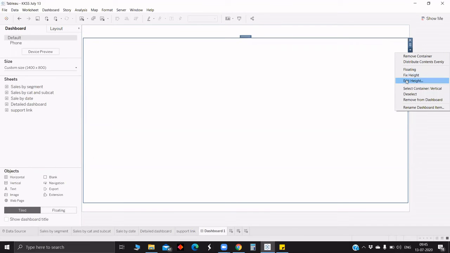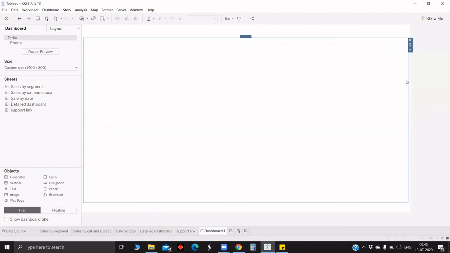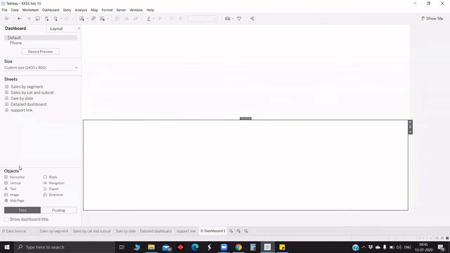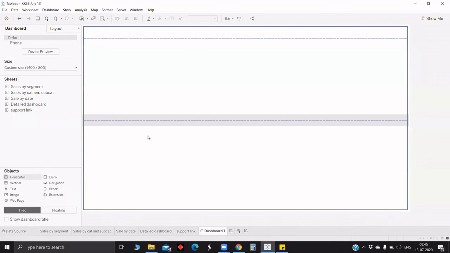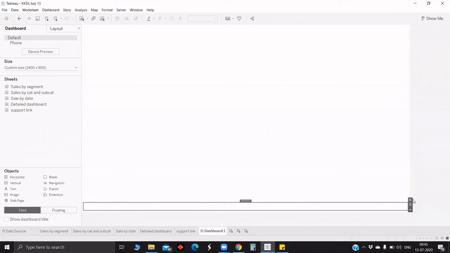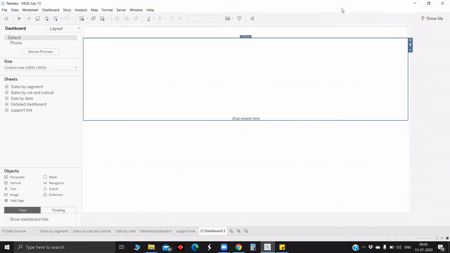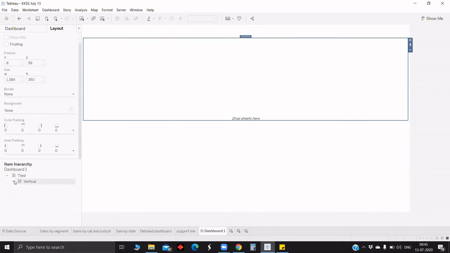Since we have pulled the horizontal inside the vertical, we will be able to control only the height. We have one more space left. Again we will pull in a horizontal and we will delete the blank. Currently we have 3 horizontals inside 1 vertical, which can be seen in the side view. So 1 vertical, and inside it we have 3 horizontals. Now we have just made the outer skeleton of the dashboard. We will bring the sheets inside and close this session.